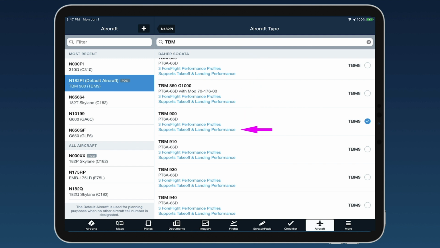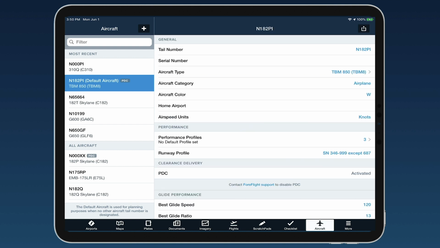And in this case, this aircraft says supports takeoff and landing performance. That signifies that ForeFlight has taken the effort and built takeoff and landing performance calculations for your aircraft. So how do we get to that? Well, it shows up when you go to your flight planning page. And in this case, we're in flights, and we see that we have